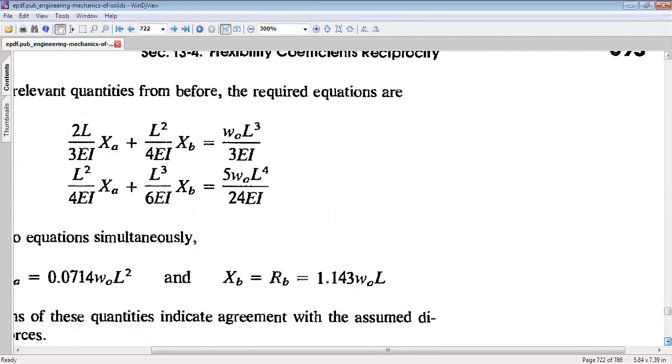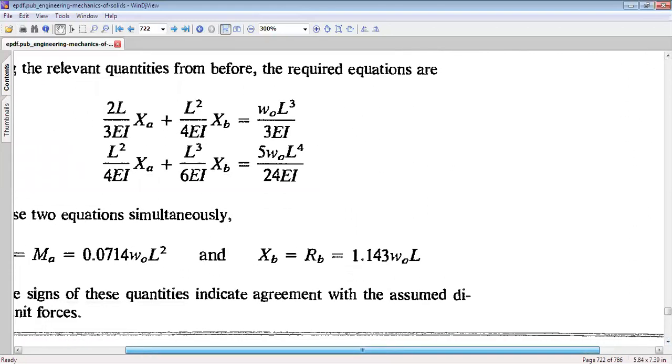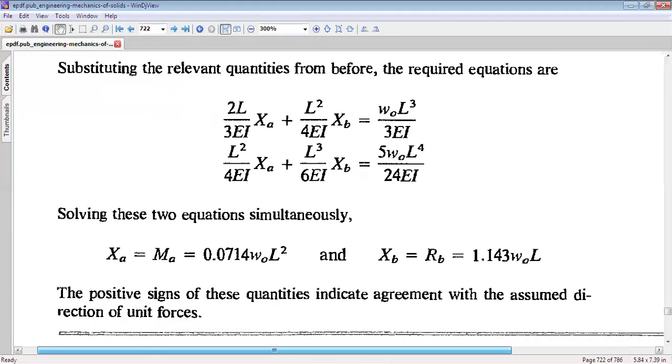And we can then finally find out the values of XA as 0.0714 w naught L square and XB equal to 1.143 w naught